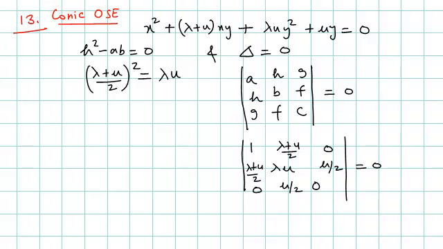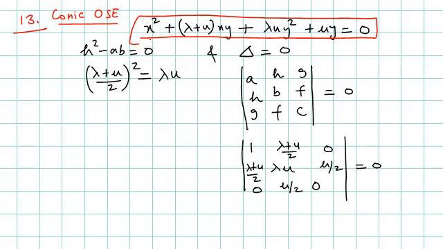This is a conic section OSC question number 13. Now in this question, this degree 2 equation is given, and we have to tell the relationship between lambda and mu, whereas it is given that this equation represents a pair of